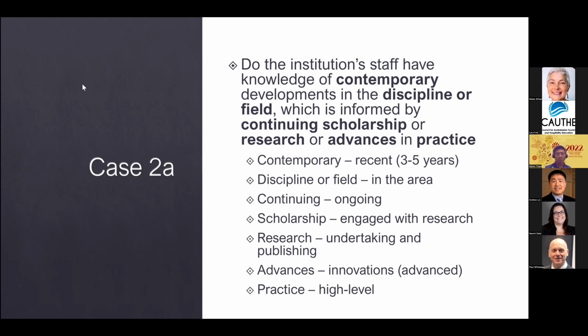Sorry, I didn't put my hand up, but Glenn, just with regards to the research undertaking and publishing, I'm assuming that's the traditional version of publishing as opposed to, let's say, working within industry or commissioned reports and things like that? Yep, so yes, research is generally seen as the more traditional, and then potentially consulting and the like can be deemed as practice. There is a bit of area across there which can be argued, and generally what we see is that institutions can set their own criteria as long as it's broadly aligned within those. Does that answer your question, Naomi?